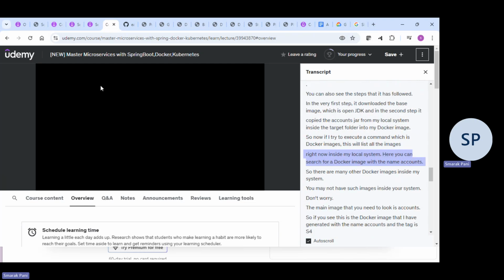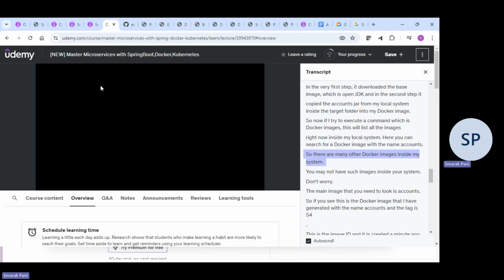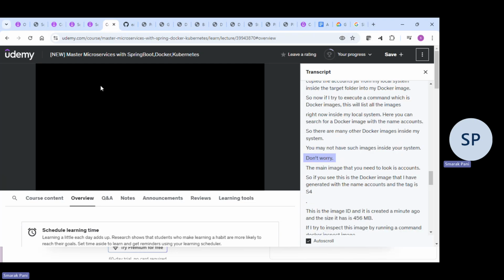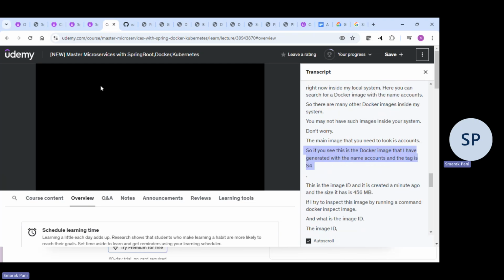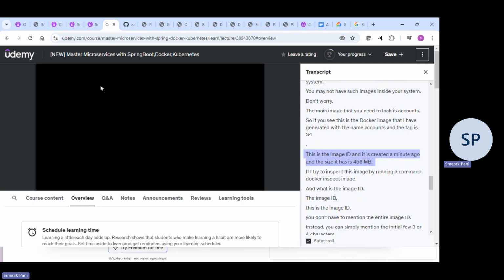Here you can search for a Docker image with the name accounts. So there are many other Docker images inside my system. You may not have such images inside your system. Don't worry. The main image that you need to look for is accounts. So if you see, this is the Docker image that I have generated with the name accounts, and the tag is S4. This is the image ID, and it is created a minute ago, and the size it has is